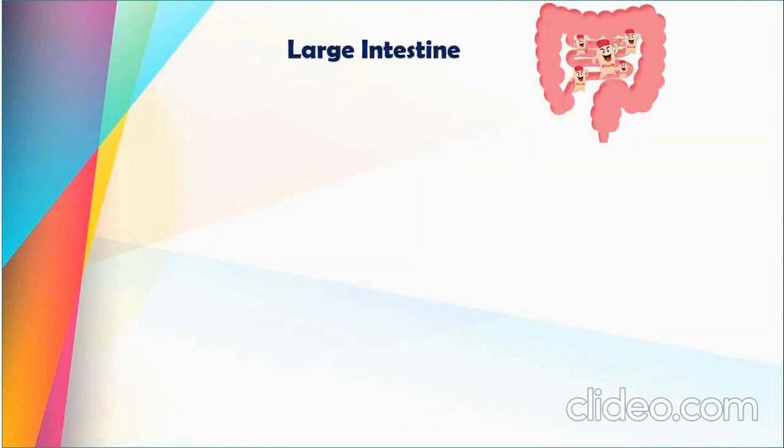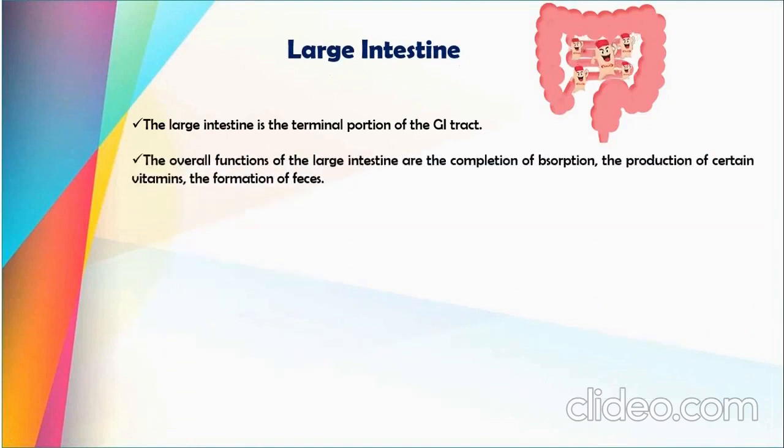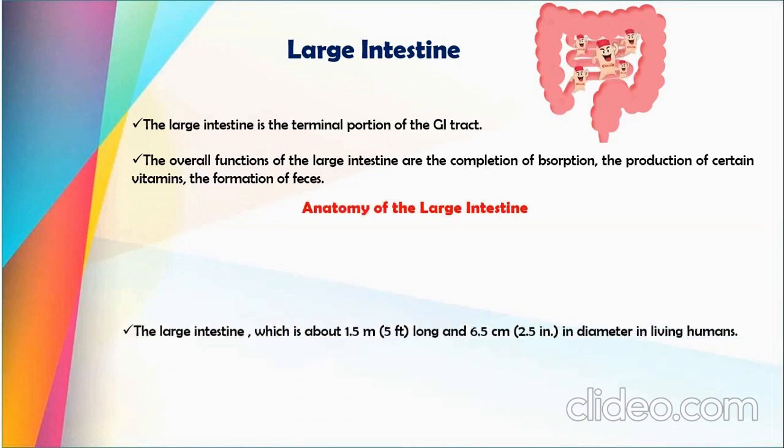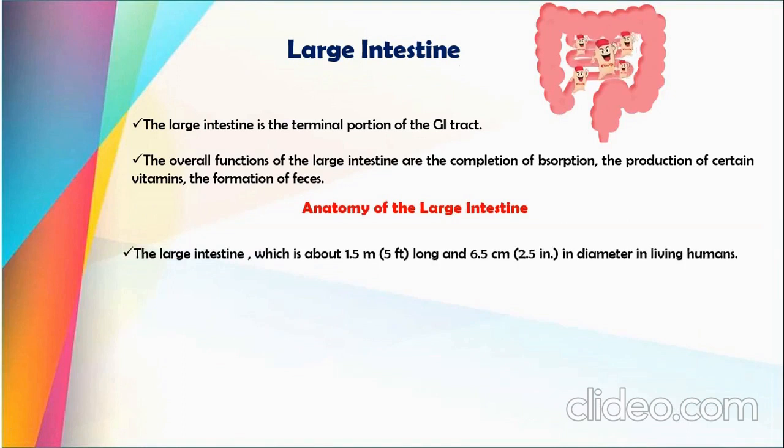Next is the large intestine. The large intestine is the terminal portion of the gastrointestinal tract. The overall functions of the large intestine are the completion of absorption, the production of certain vitamins, and the formation of the feces. Anatomy of the large intestine. The large intestine, which is about 1.5 meters long and 6.5 centimeters in diameter in living humans, extends from the ileum